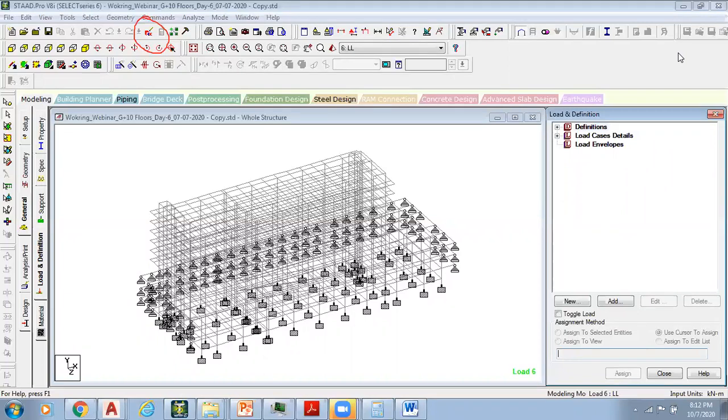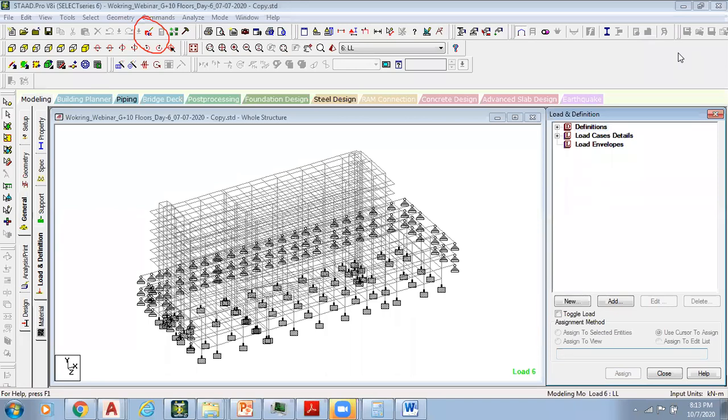Chirayu, we will talk about these plate loads later, in the last session. Load list, we will add it.